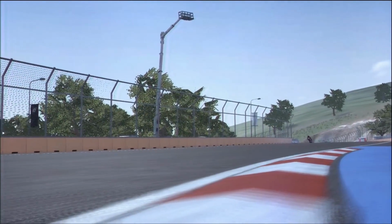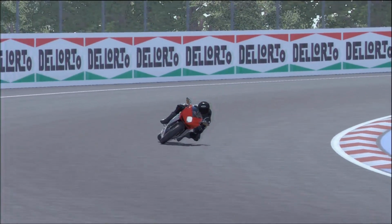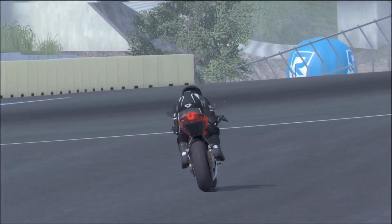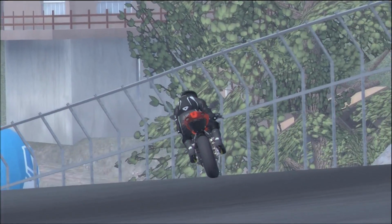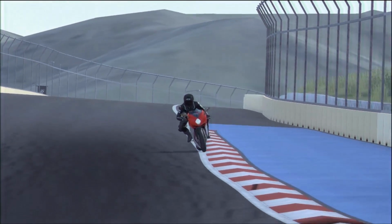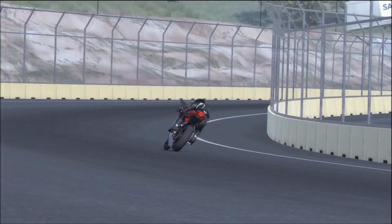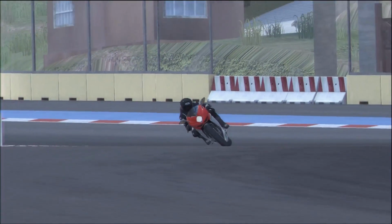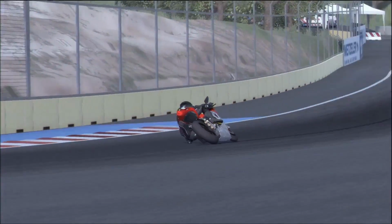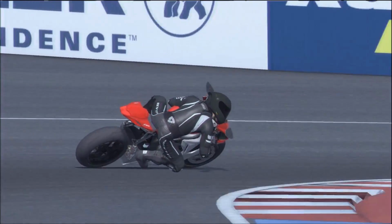Now, in terms of pricing, MV Agustas in the real world, and generally in games as well, are pretty expensive bikes. In the real world they are among the most expensive Italian bikes. One of them will set you back about, say, 14 to 16 grand for something like an F4 1000. And although that doesn't sound like a huge amount to, for instance, a car enthusiast, for a bike, that's a huge amount. That's roughly double the price that you can get a similar kind of performance Japanese bike for, if not more. So, of course, they are exotic, as I said, the Pagani of bikes and all that that implies,